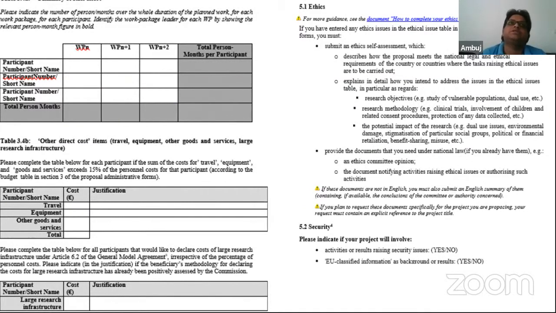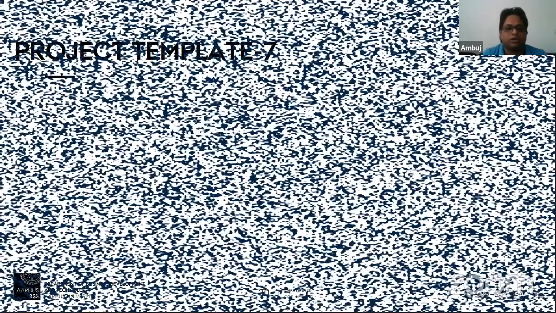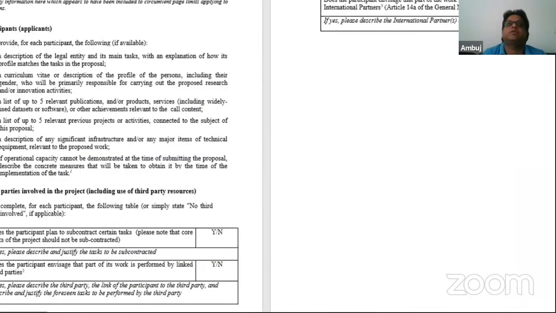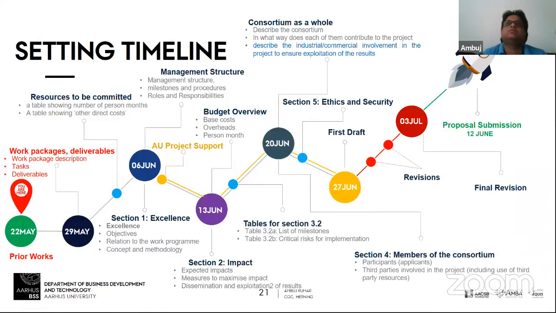It might not be very relevant for all projects, but in some projects it can be very critical. And I think, so this is section 4, sorry. It is probably very generic, where you need to describe your participants and all that. I have just mentioned it to say that this will not be a part of your evaluation, but this needs to be very clear for the understanding of the evaluators. And then finally,